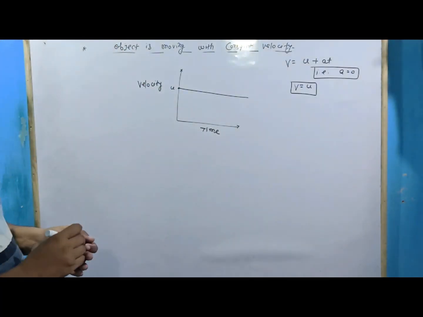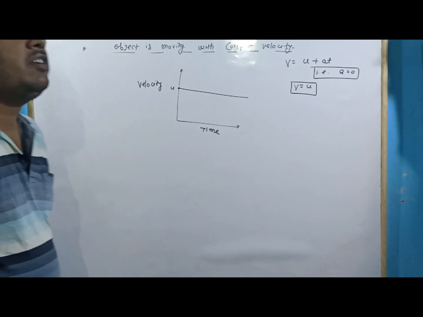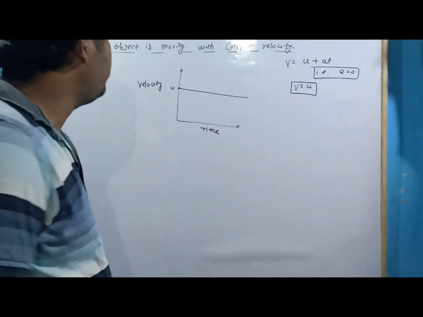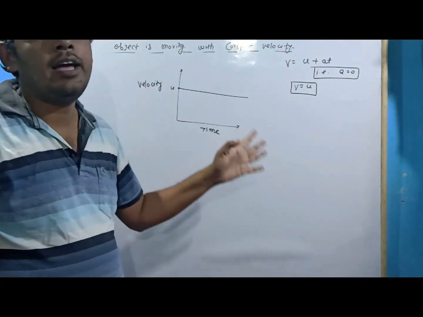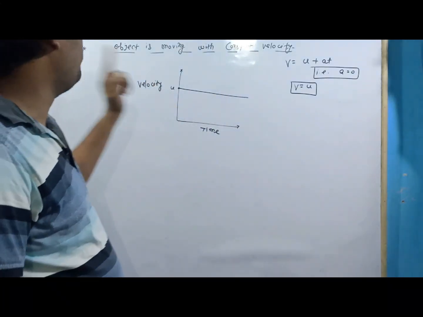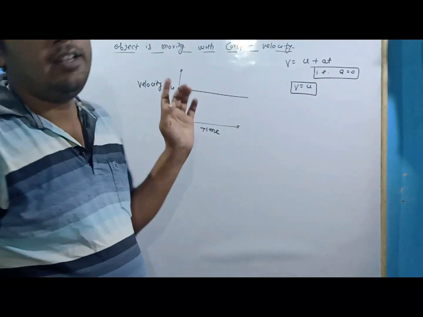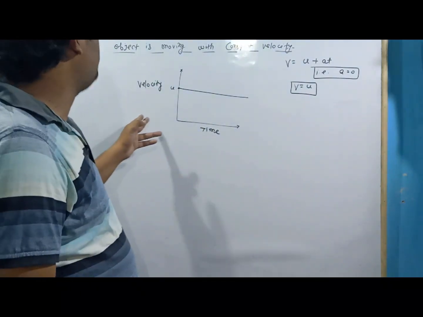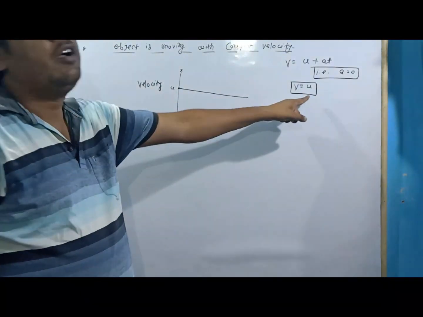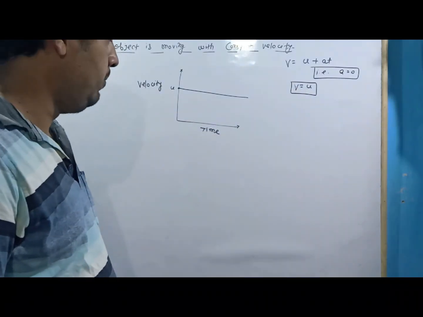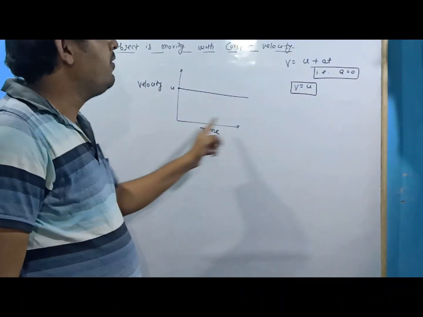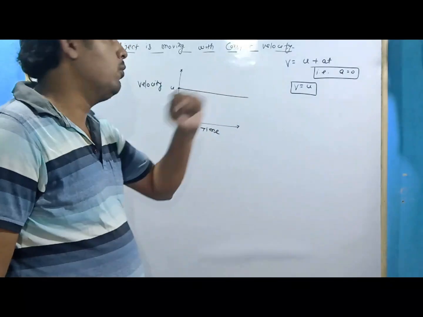क्योंकि वेलोसिटी टाइम ग्राफ में क्या हो रहा है कि ऑब्जेक्ट का वेलोसिटी कांस्टेंट है, तो उसका वेलोसिटी चेंज नहीं होना है. अगर वेलोसिटी चेंज नहीं होना है तो जहाँ पे ऑब्जेक्ट रहेगा वहीं पे रहेगा, इसके पोजीशन में वेलोसिटी में कोई चेंज नहीं होगा. सो दैट शुड बी द वेलोसिटी टाइम ग्राफ ऑफ एन ऑब्जेक्ट व्हिच इज मूविंग विद अ कांस्टेंट वेलोसिटी. ओके, सो इन दैट केस वी कैन राइट दैट v should be equal to u.